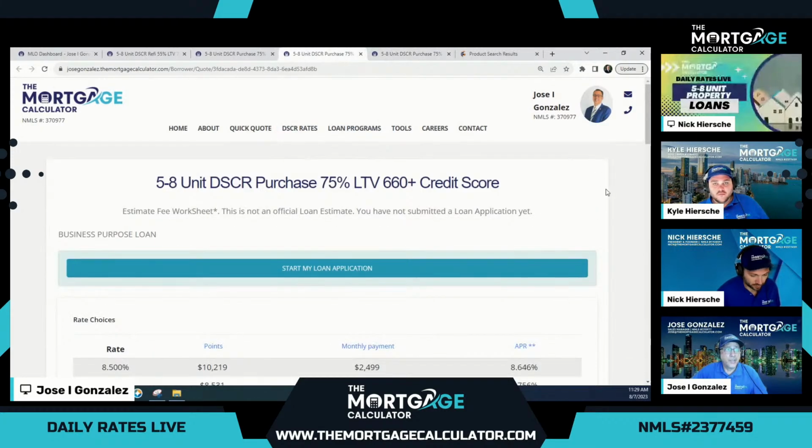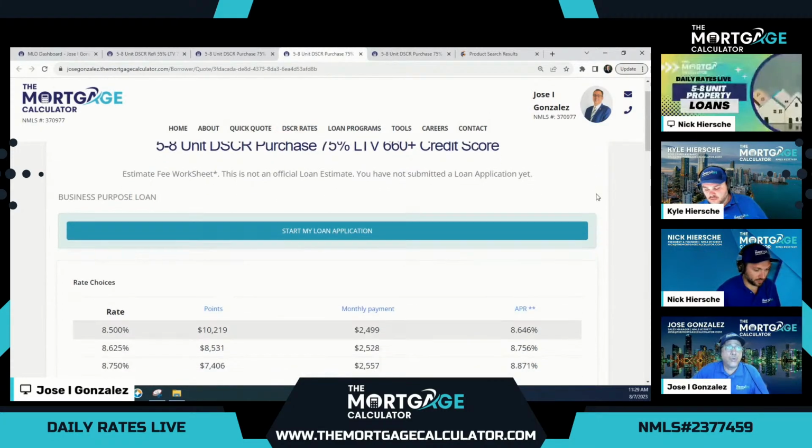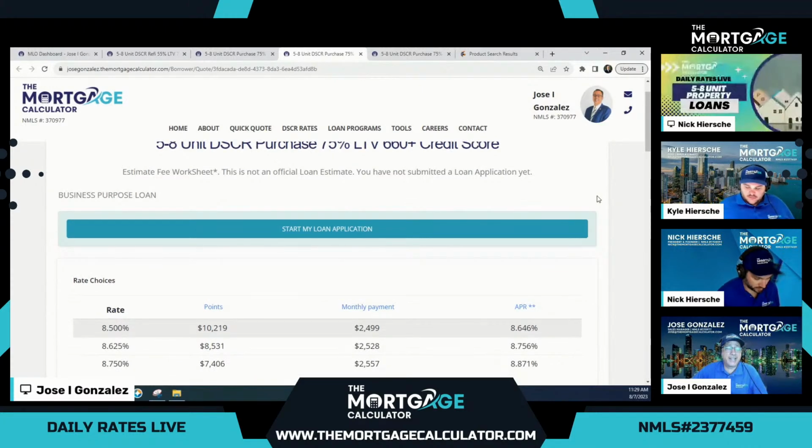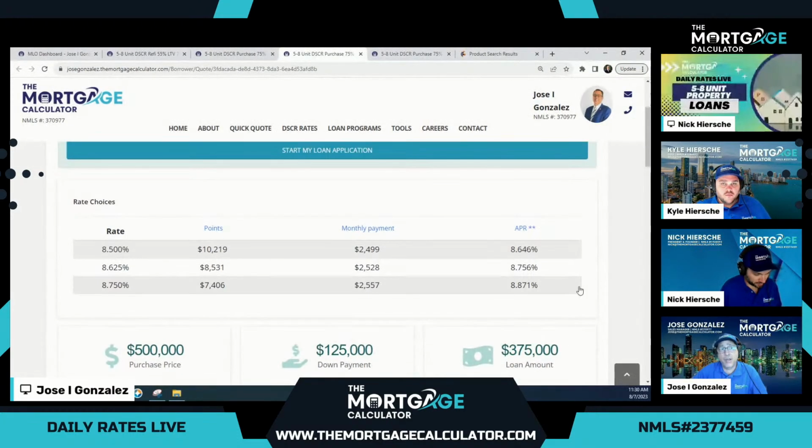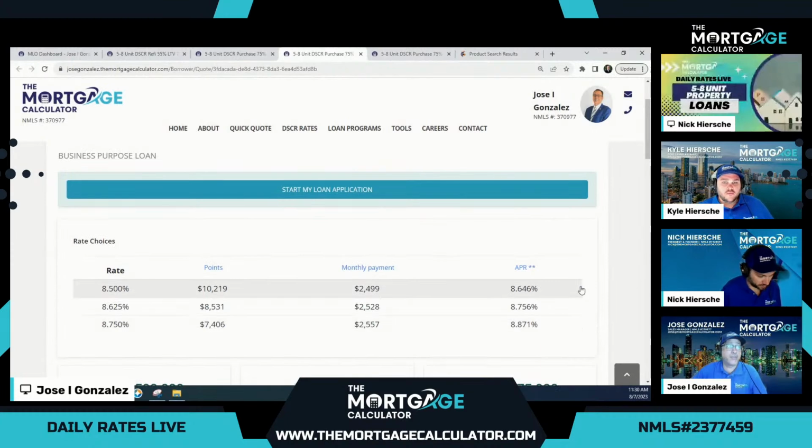Right. So now I'm going to the worst case scenario, which is 660 or above. Now, the LTV here actually does drop to 65%. So our loan amount there should not be 375; it should be 325.